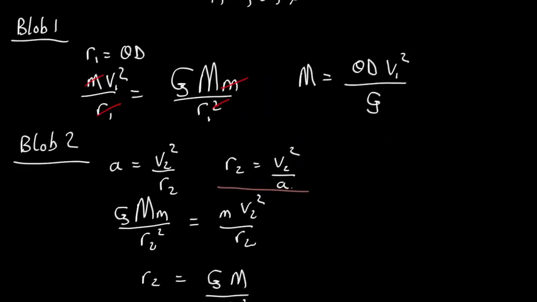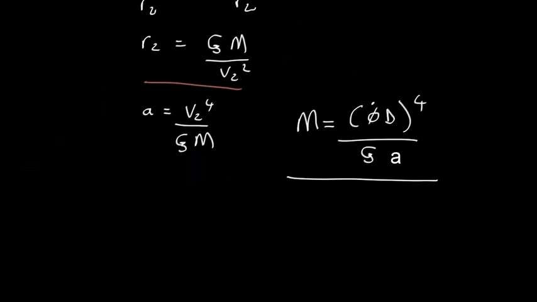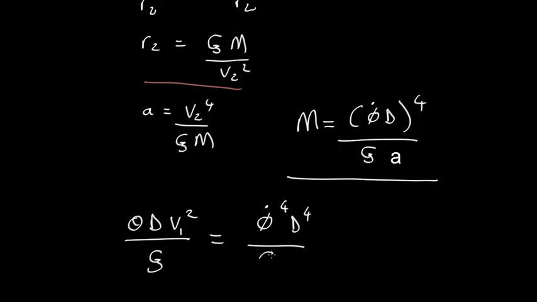We have the first equation up here. So what we can do is set them equal to each other. So we get that theta d v1 squared over G, that's what we got from blob 1, is equal to phi dot to the fourth d to the fourth over G times the acceleration. So the G's cancel, one of the d's cancels,